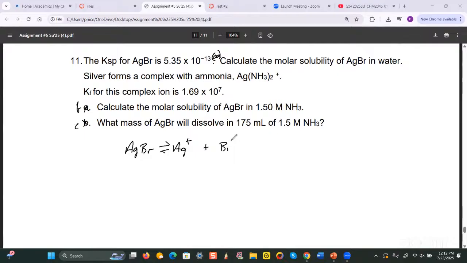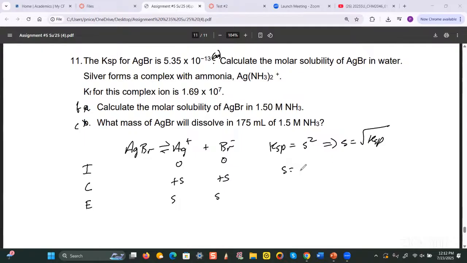Okay, so again, we're setting up our ICE table. Initially you'd have none of these two. And then the change is going to be plus S here, plus S here. So at equilibrium, you're going to have S and S, which means that Ksp would be equal to S squared, which means that S would be equal to the square root of Ksp, which is equal to the square root of